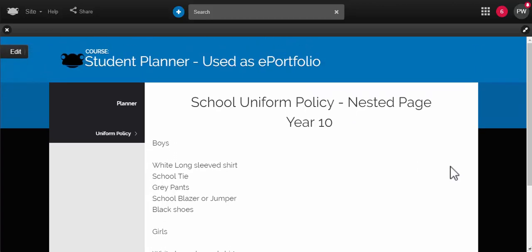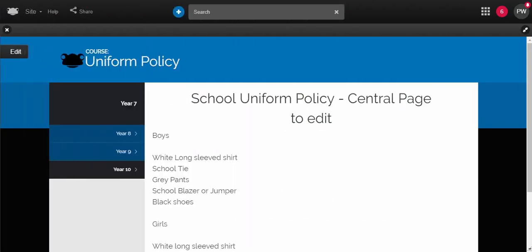For example, imagine you're wanting to use ePortfolios as a planner for your students and you have a uniform policy page nested in this ePlanner. Should you wish to update the uniform page, you can change the central page and it will update all ePlanners automatically. The nested page widget retains the permissions granted by its original site, so you can use this to limit